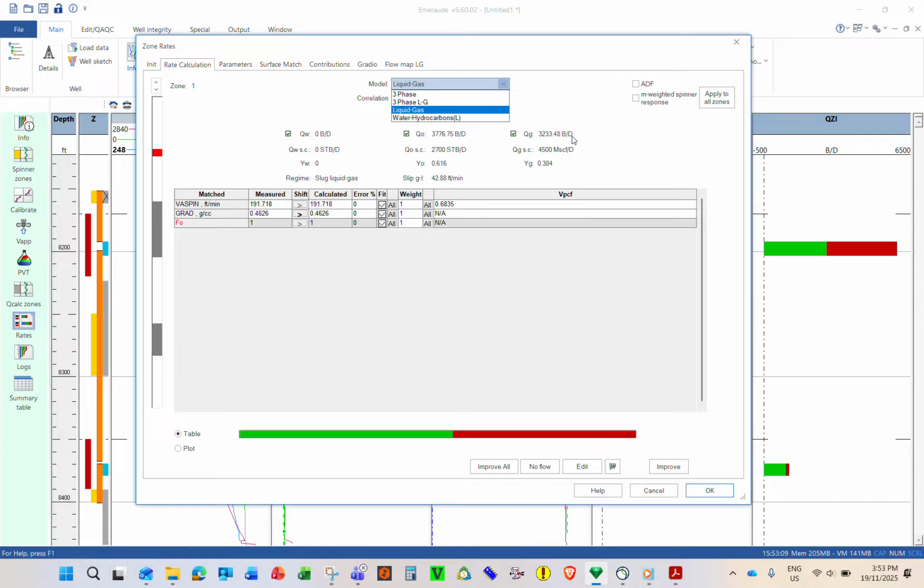First we have a single phase. It doesn't matter, if single phase, just PVD, either gas or oil. That's it. So we have a liquid gas. Okay, for example, we do have water, oil, and gas.